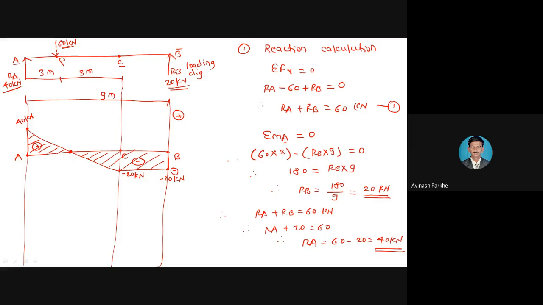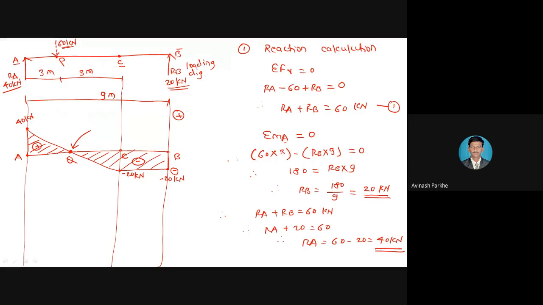You will get this particular new point in between the AC distance. This point I will call Q. Now which point is this? Point Q represents the point of contraflexure, or point of contrast shear. What is the point of contrast shear? It is the point at which shear force changes its sign from positive to negative or from negative to positive. You can see in the figure, from positive the shear force diagram enters into the negative at this particular point Q. Therefore this point is called the point of contrast shear.